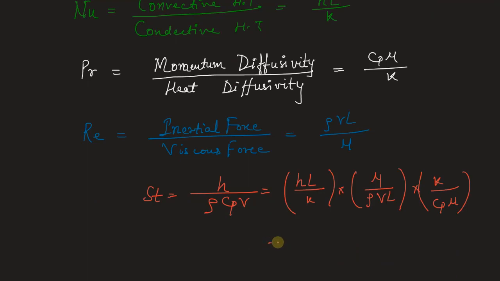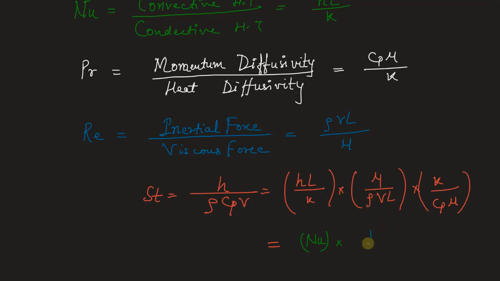You can clearly see here that the first term hL upon k is the Nusselt number,